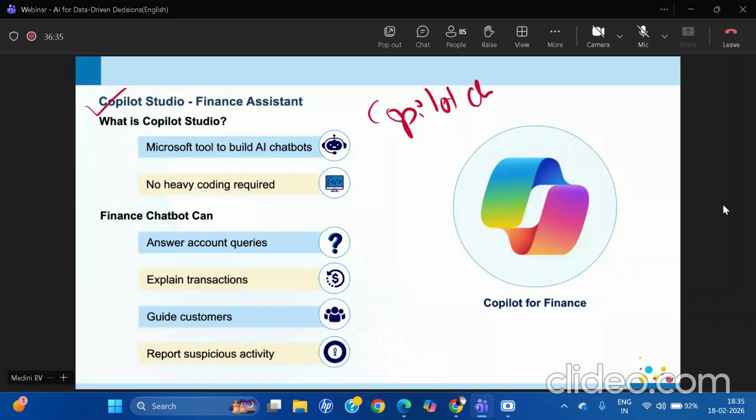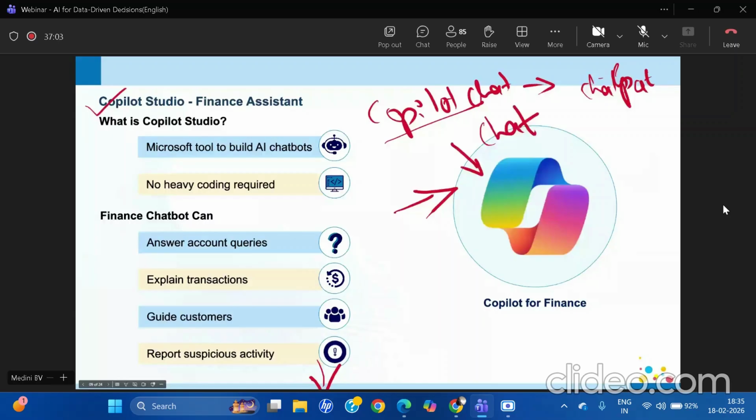Probably many of you have used ChatGPT, and Copilot also probably. I'm not sure how many of you use it regularly. I'm not sure if my screen is completely visible, but there is a symbol like this that you see in your Windows. This is the Copilot. You have a Copilot chat where you can ask a query or question, and it